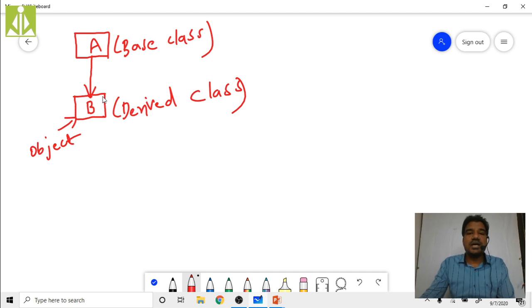So practically, if you see, or logically if you think how this thing is happening, because whenever we are creating the object for B class, that object will get initialized by the constructor only. That we know. All the objects in our programming will get initialized by the constructors. So when you are creating the object for this derived class, it will get initialized by its B class constructor. If you are specifically mentioning some parameterized constructor, then that parameterized constructor is responsible for initializing the object.